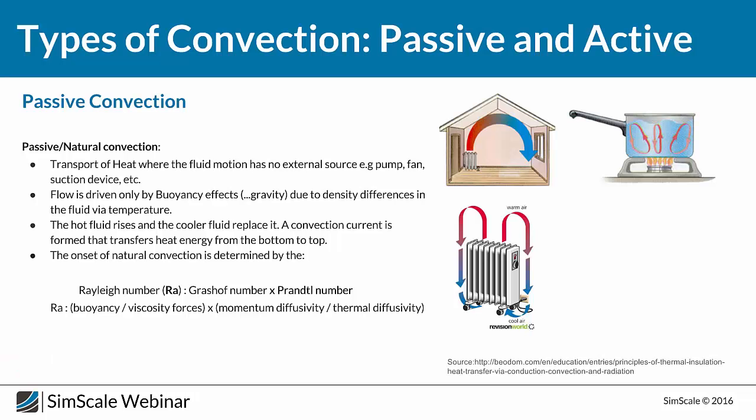This is a simple example. So we have two types of convection in general. One is passive or natural convection, and the other one is active, which we call forced convection. To start with natural convection,